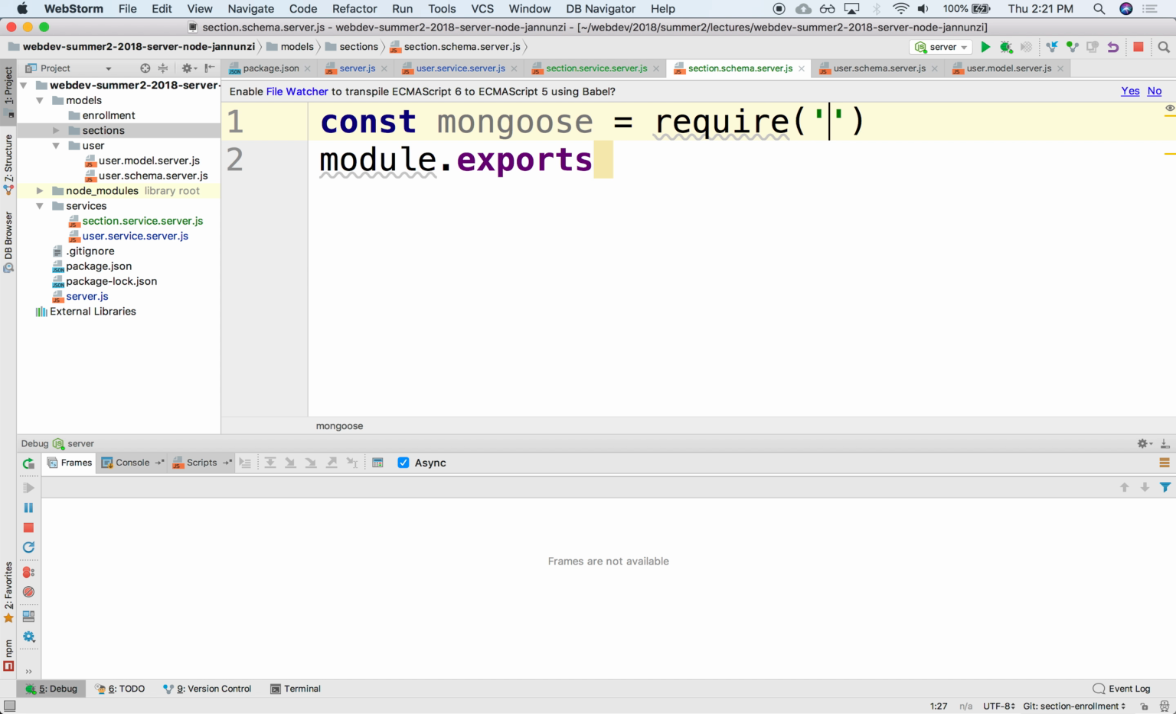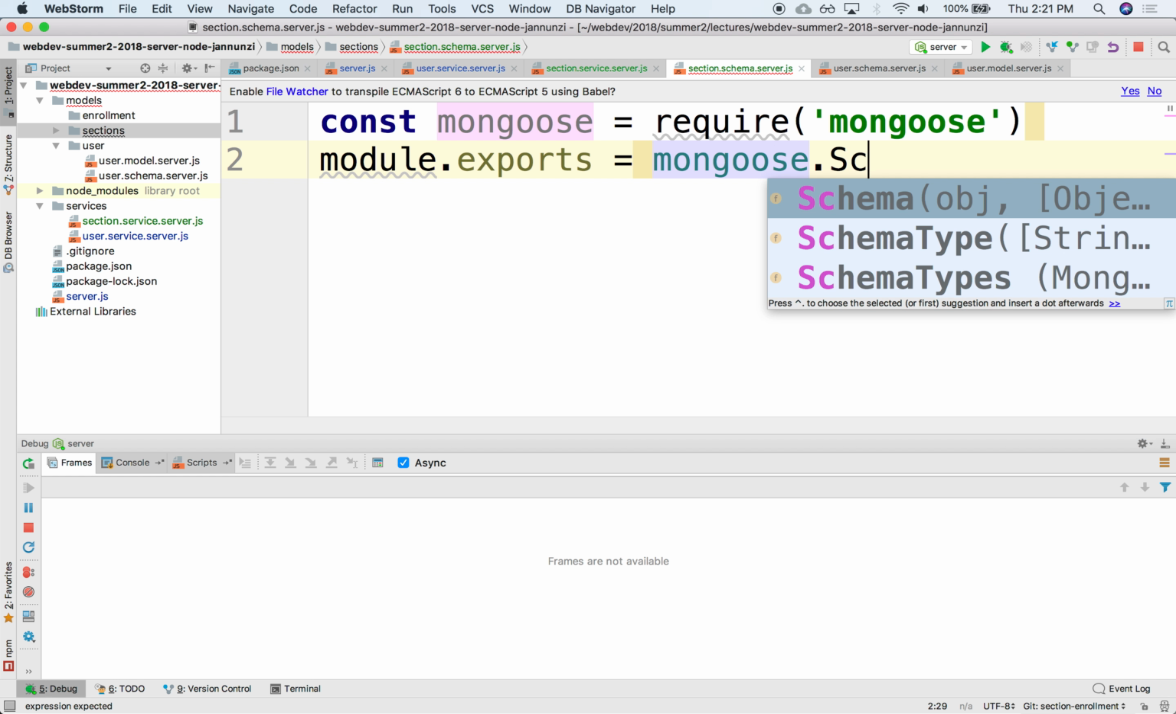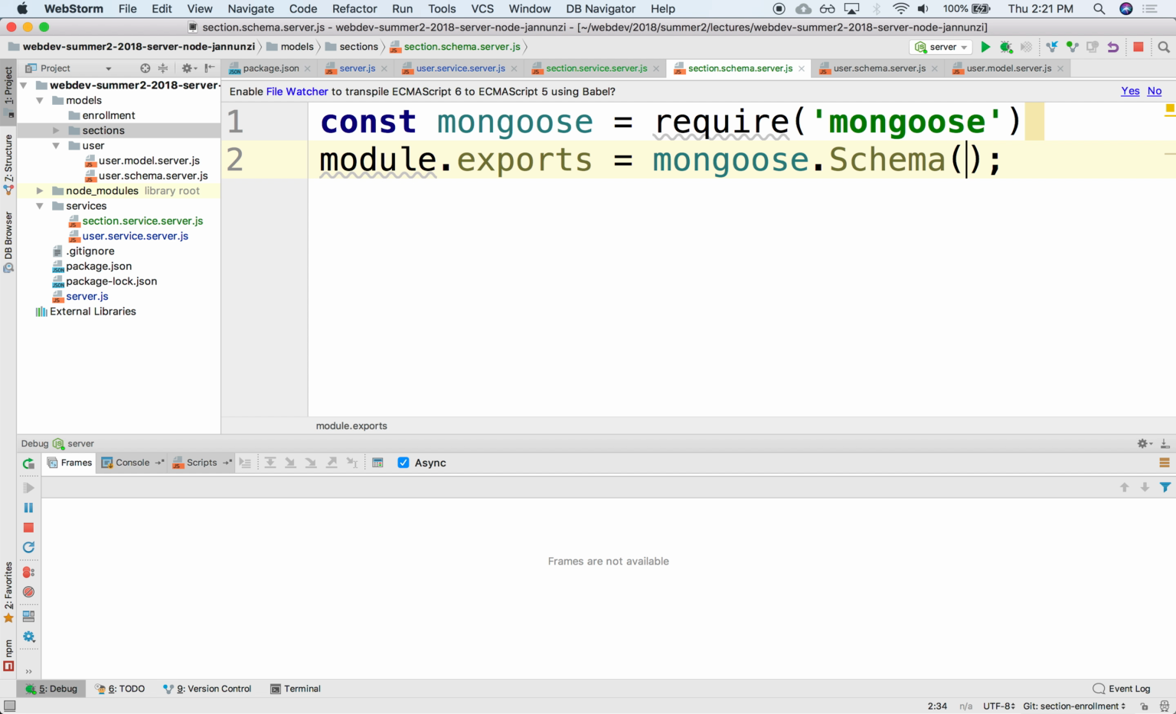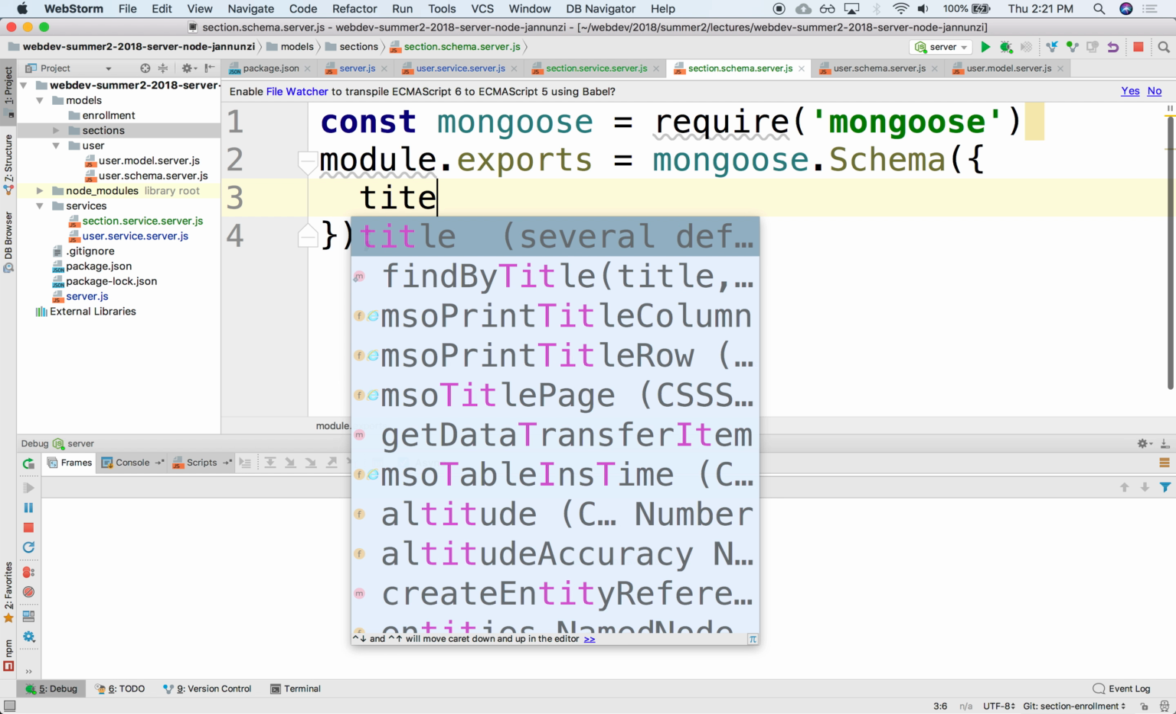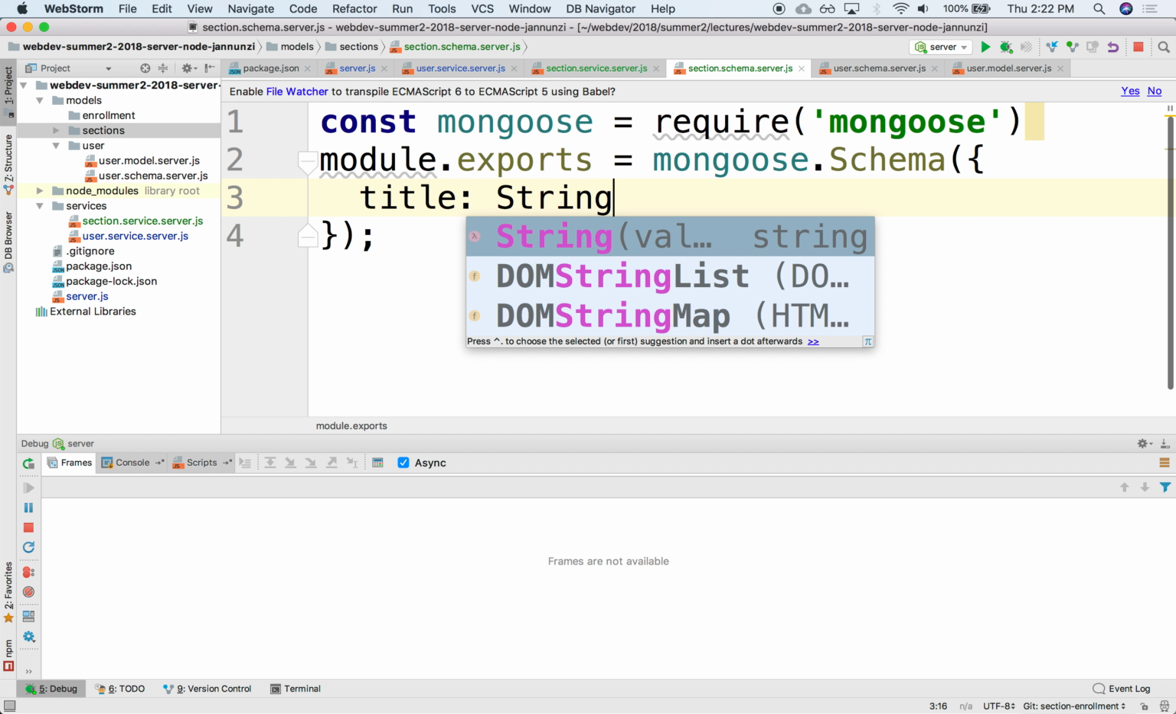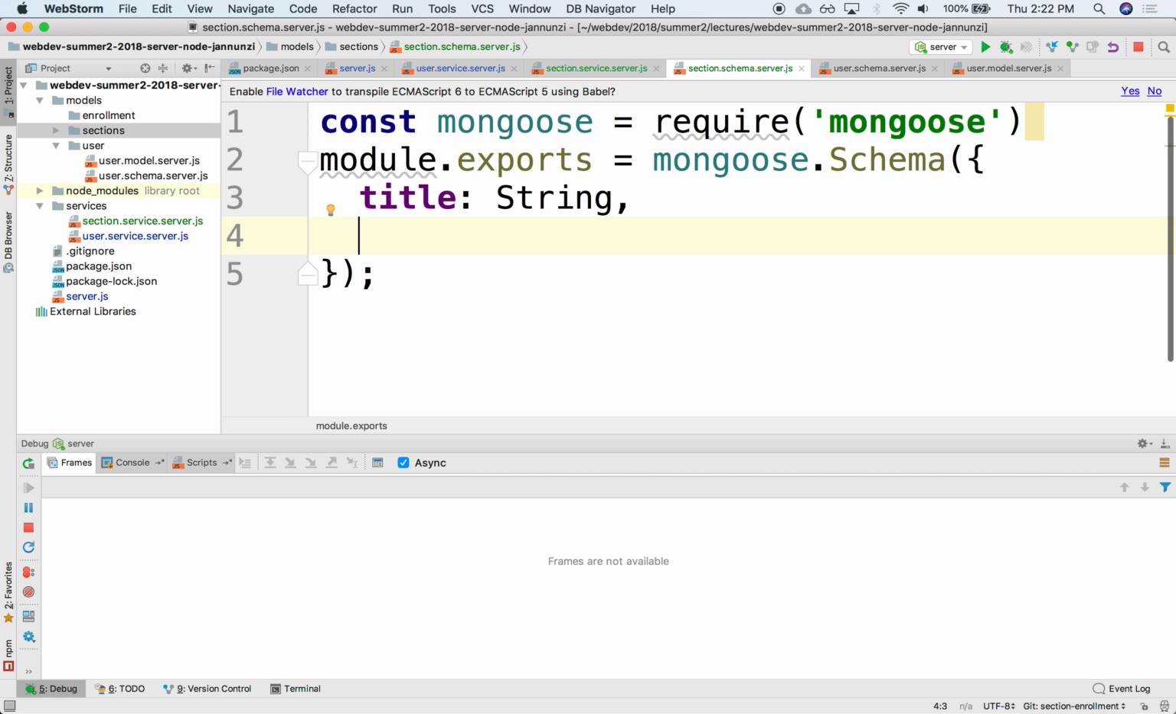We're going to require mongoose, and export the following: mongoose.Schema, and then describe the schema. So we have a title. That's going to be a string. And what else do we need? We'll also need the course ID,